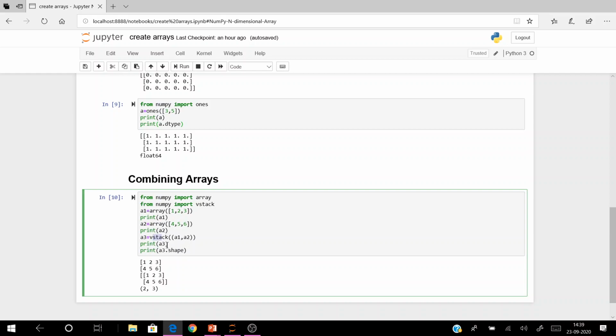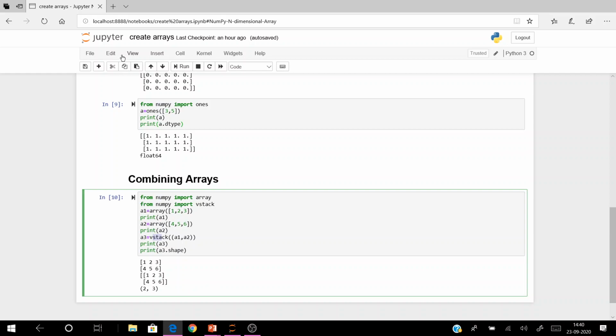Now a3 is an array which is a combination of a1 and a2. And finally we are printing the array a3 and also the shape of it. What is the shape of it? 2 rows and 3 columns. So this is how you can combine arrays vertically with the help of vstack.